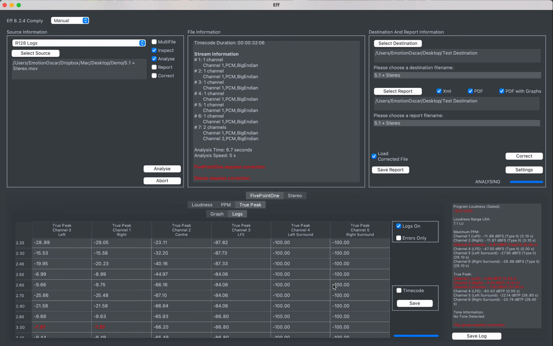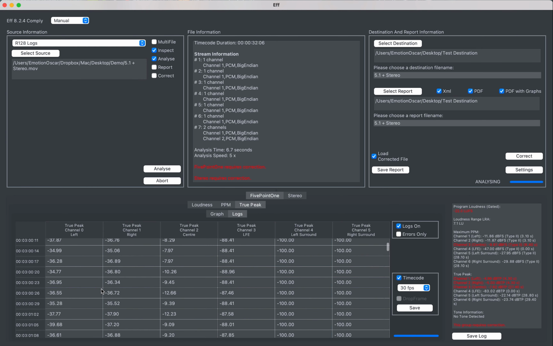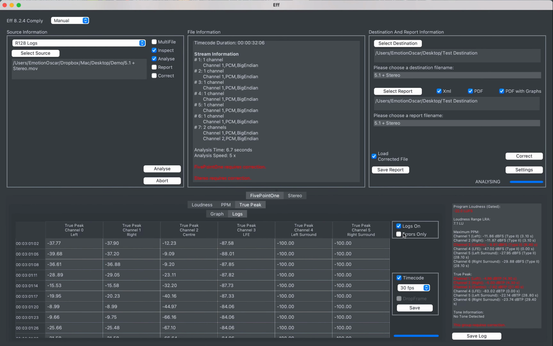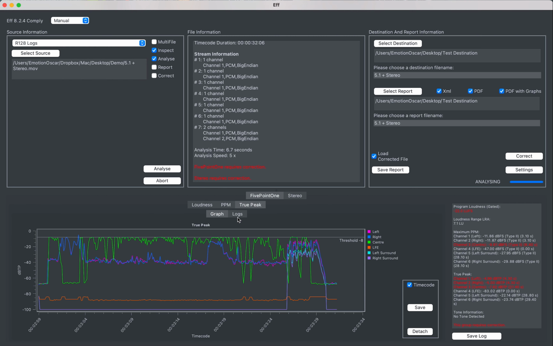However, in some cases, it is worth our time matching up the frame rate with the logs. This is especially useful if you work in a post house and you're using F in its measurement setting to inform you as you edit. The errors in the file will be displayed in red, and we have the option to display errors only. For instance, if we believe that 3 minutes into the file we have a very loud section, we are able to measure the file in F and see exactly what is going on at 3 minutes in for each loudness